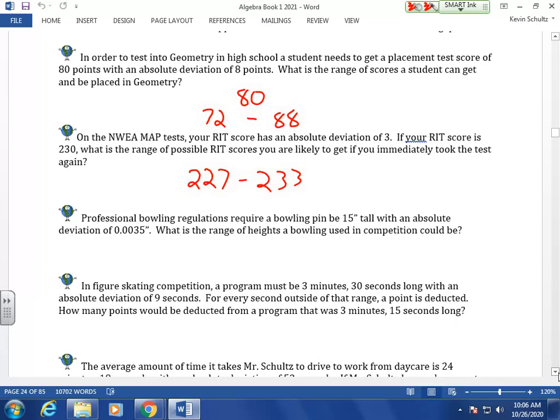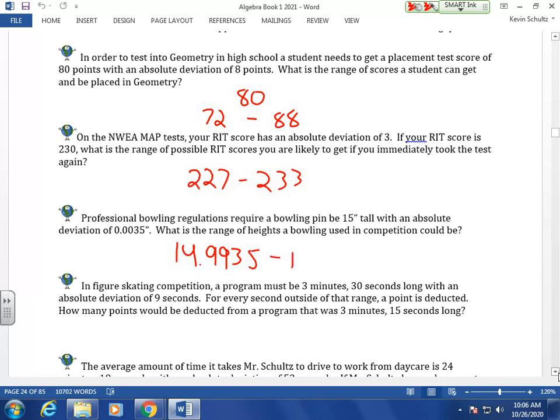Professional bowling regulations. We've got a bowling pin that is 15 inches tall with an absolute deviation of 0.0035 inches. Not a very wide range here, but that makes sense. If you're bowling, you don't want one pin to be a full inch shorter or 2 inches taller than another. Okay, so our range of bowling pin heights